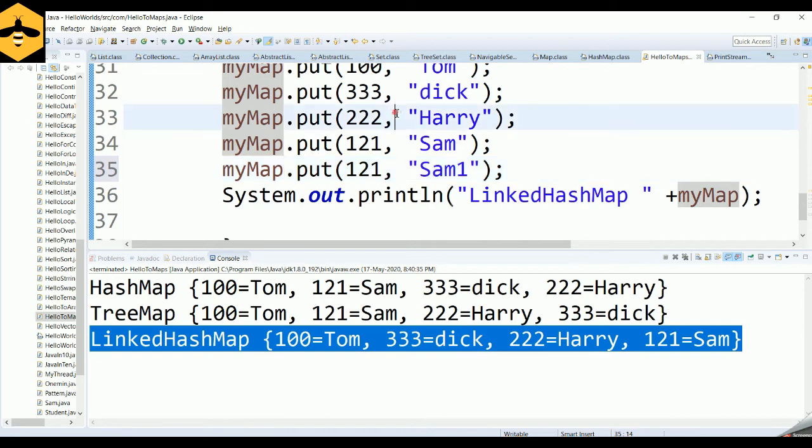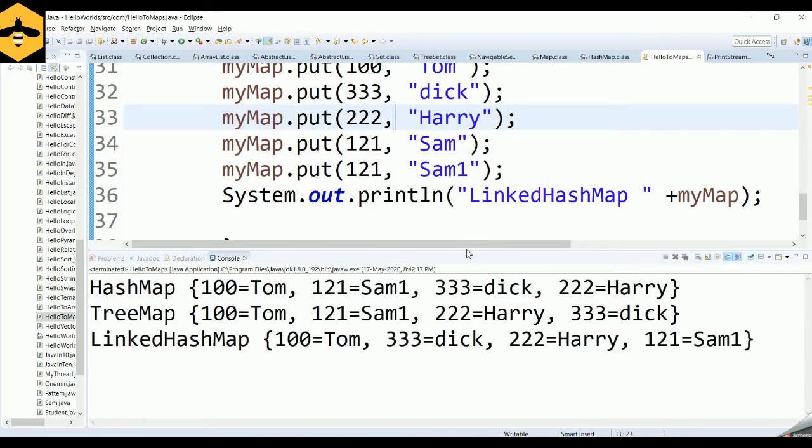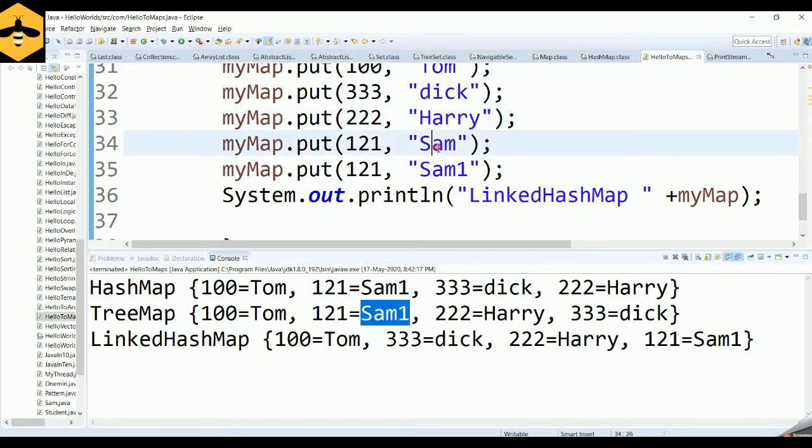Now if I run this program, you can see that 121 has been replaced in all the maps with the latest value, since it is a duplicate key. Originally it had the value Sam, and after I inserted the same key once again, the older value got overwritten with the newer value. So this is the common feature across all the map implementations.